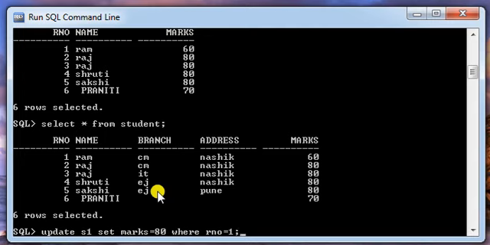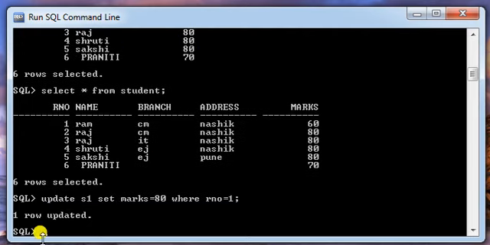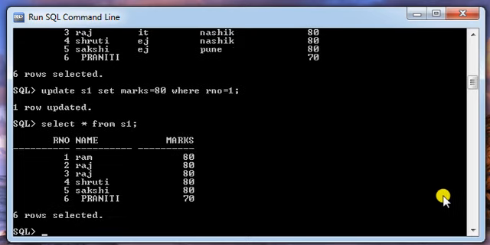So we are setting new marks for roll number 1 as 80. Previously we had the marks for roll number 1 as 60. So it gives the message one row updated. So now we'll display the data of the view. Select star from S1. So the change is done. Now roll number 1 has marks 80. Okay, the same change is done in the base table also.